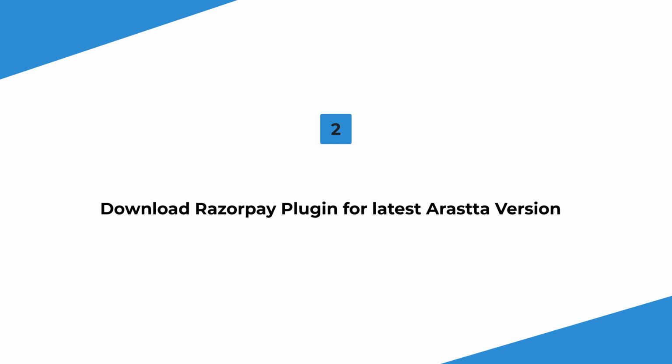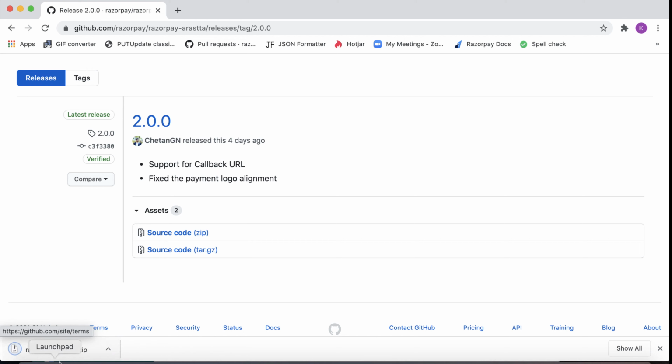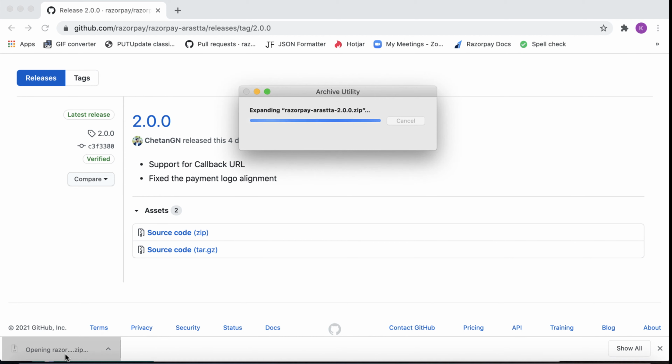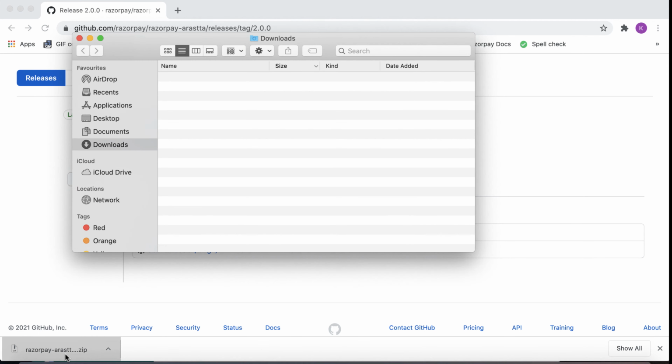Step 2. Download the plugin for the latest Arista version. Download the Razorpay plugin zip file and save it on your server. Step 3.